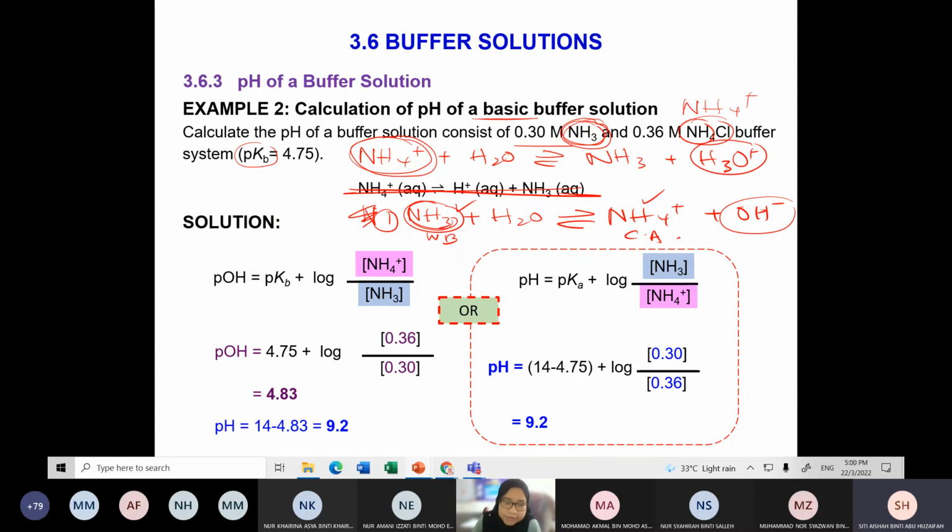Okay, alright, so cuba tengok. You may use this one, POH, masuk PKB, log of this one over. So bawah weak base, atas conjugate acid. Kan, concentration semua dah bagi kat atas tu. Even this one is already given to you. Dan masuk sajalah. So you akan dapat POH dulu, and then pH minus pH is equal to 14 minus this